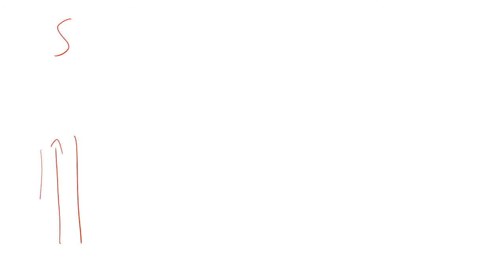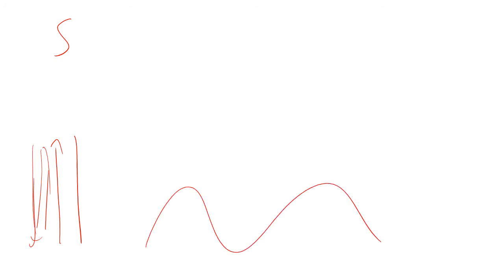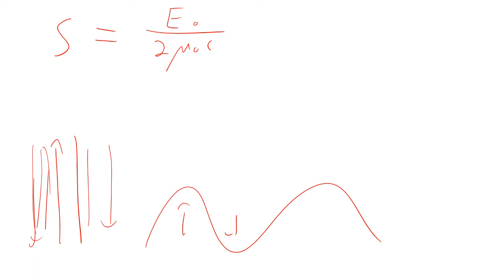Now the voltage is going to go back and forth, back and forth, because that's the nature of harmonic waves. It goes one way, then the other way. And so what we're interested in to find is the maximum voltage, then the maximum voltage the other way. So the intensity is related to the maximum. So we said that's E naught squared divided by 2 mu naught C. So that means that E naught is going to be the square root of 2 mu naught C